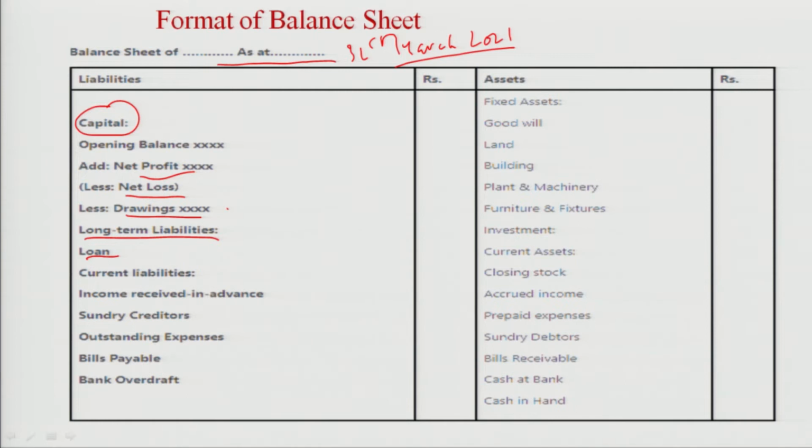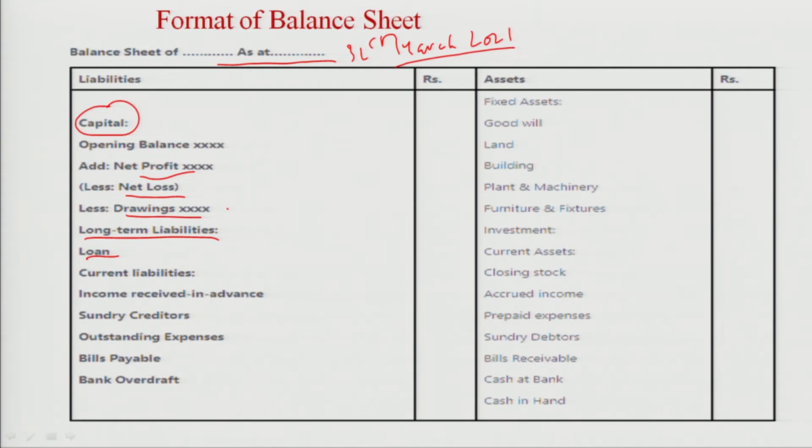एक साल के अंदर ये लौटाना होता है, इसलिए हमें करंट लायबिलिटीज़ बोलते हैं। वो लायबिलिटी जिनको एक साल के पीरियड से ज़्यादा टाइम में हम लौटा सकते हैं, उनको हम लॉन्ग टर्म लायबिलिटी बोलते हैं। सबसे बड़ी बात होती है उसमें होता है लोन, और टर्म लोन, बैंक लोन 20 साल 30 साल तक लिए होता है, तो हम उसमें डालते हैं।